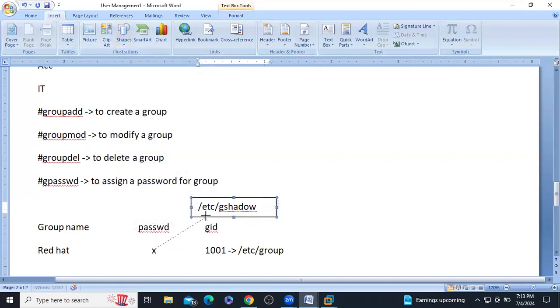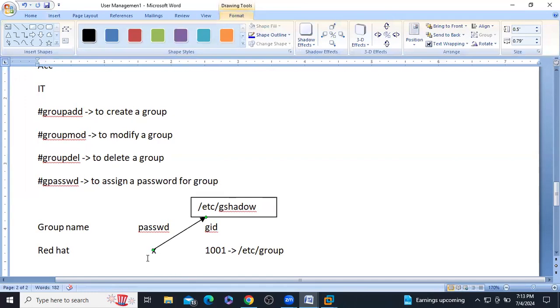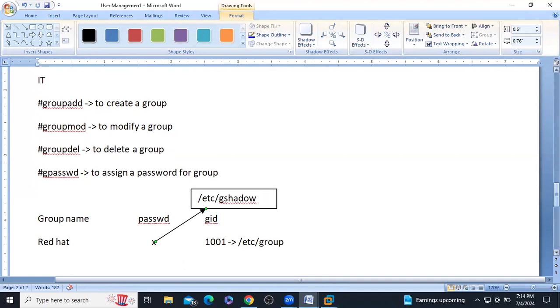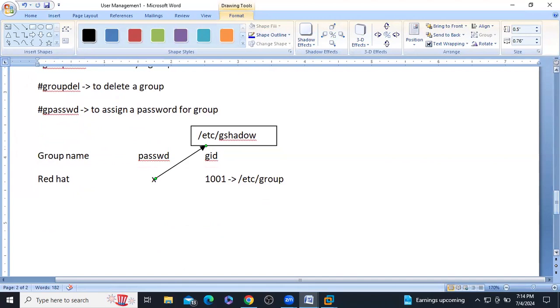This X is going to link to the etc gshadow. So if you assign a password for the group, the group password is stored there. X is going to link with whom? The etc gshadow file. I hope you got it, guys. So I hope you're clear about groups.